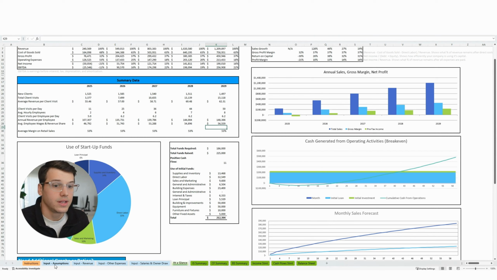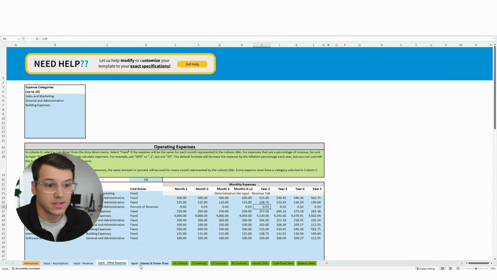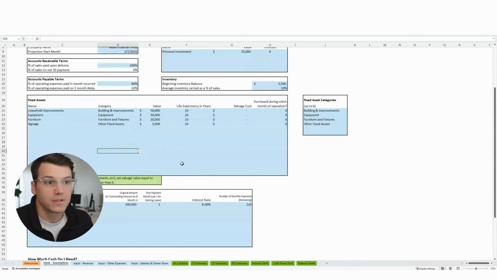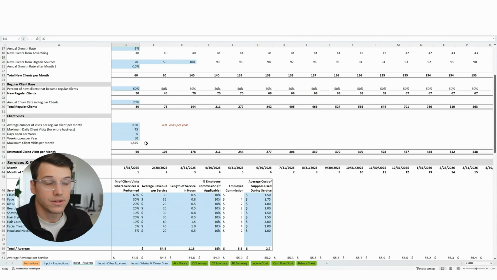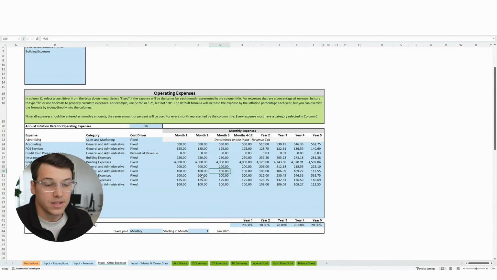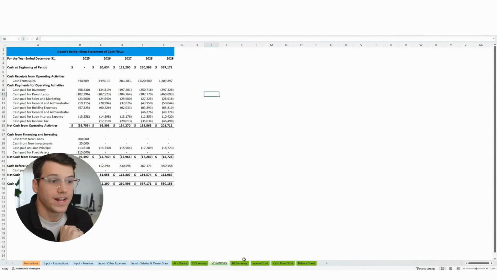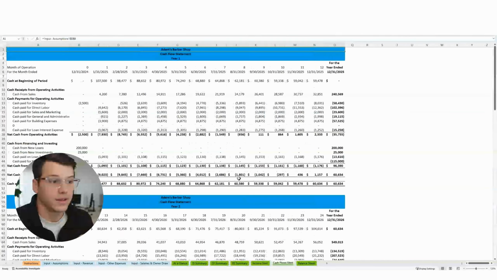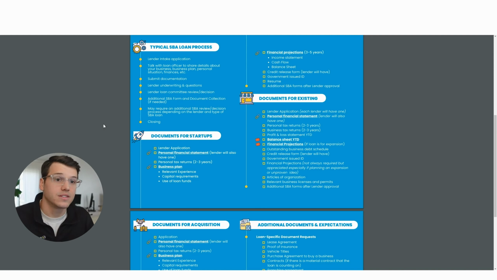I promise you, it's going to be very difficult to create financial projections without either paying someone to do it, which is going to cost more than $100, or having a reliable template. So for example, this is for the barbershop. These blue tabs are all the information that's being edited and input. It's very easy to use. Again, we're just entering these blue tabs here. Your expenses. We have a video guide that shows how to fill out every single template. And then it's going to produce all these charts and graphs in the financial statements automatically that your lender is going to need. And so again, as this video is general, it's not covering a specific industry. So you can find the template that's the best fit for you.